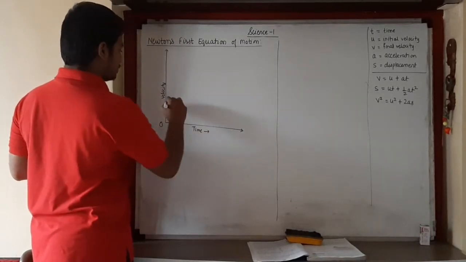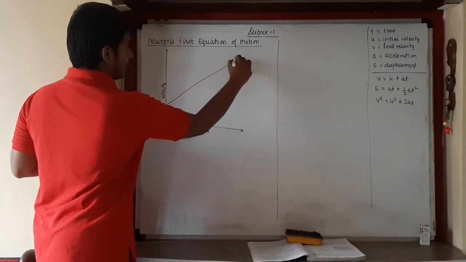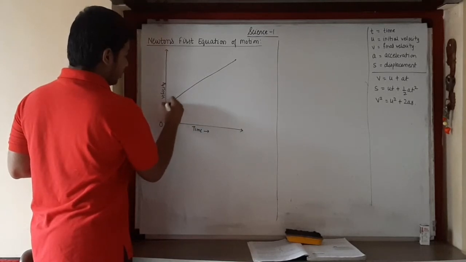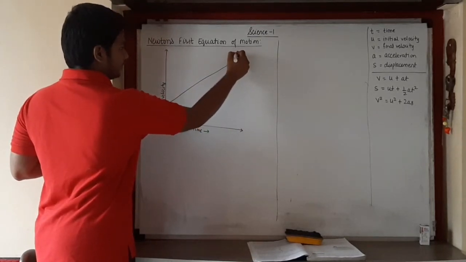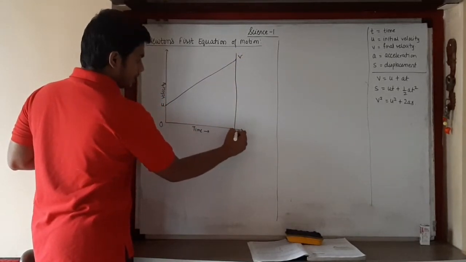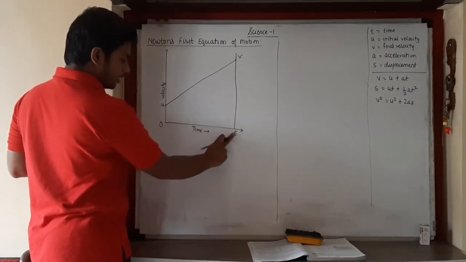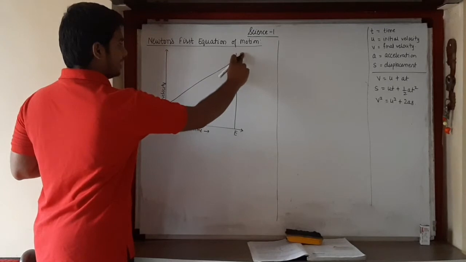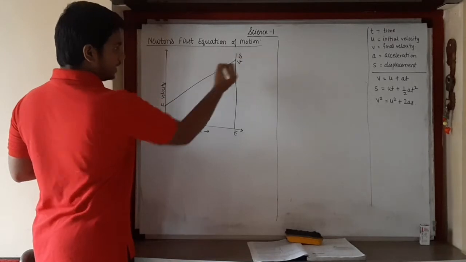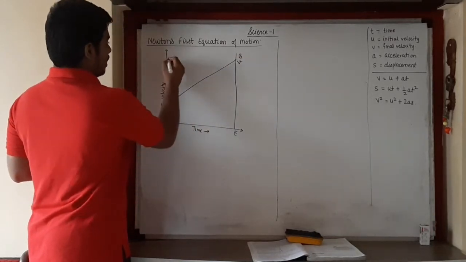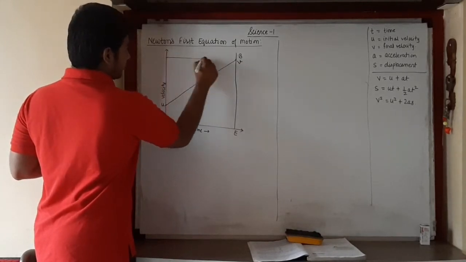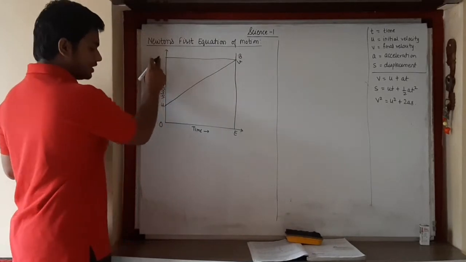It had some initial velocity which was increasing, and it reached some final velocity at a particular time. So this is the initial velocity point, this is the point of final velocity. The time taken is from this point to this. Let us label this as OE. Let us label this point of final velocity as capital V. This is small v, so I am just making it a curve so that you all understand. The value of final velocity here means this entire segment represents V.